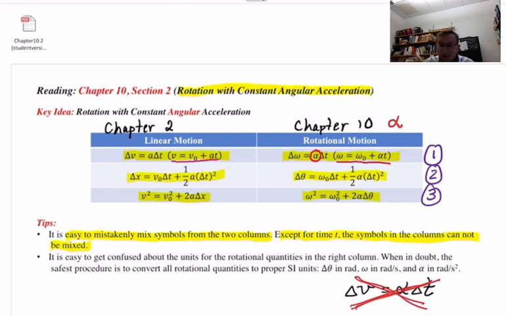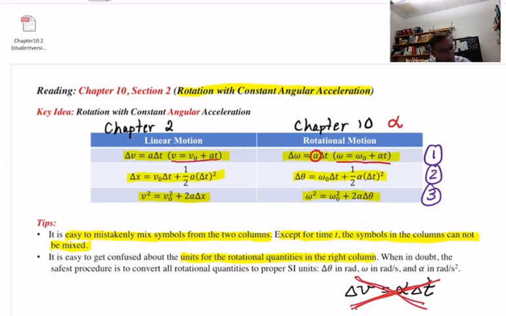Okay. Another thing it's easy to get confused about with these equations: units, particularly for the rotational quantities in the right column. Why? Because your book, all the books, love to give you weird units sometimes for theta and omega and alpha. They might be units like revolutions or revolutions per minute. Well, a revolution is a unit of angle or angular displacement, but we learned in the previous lecture how to convert that to the SI unit, radian. So if you find yourself in a problem where you've got some weird units going on,